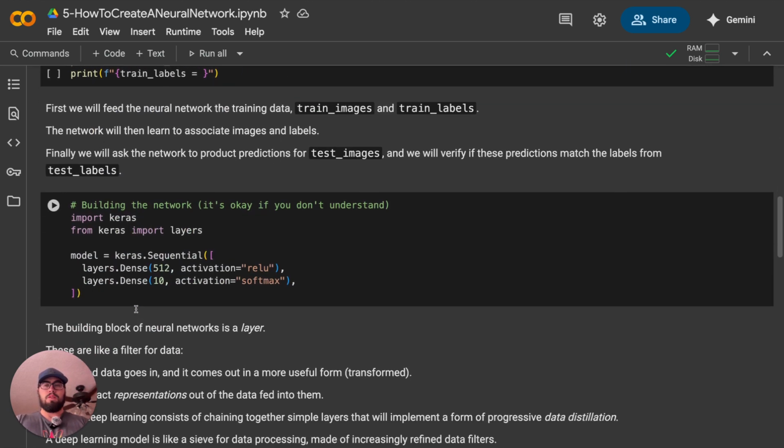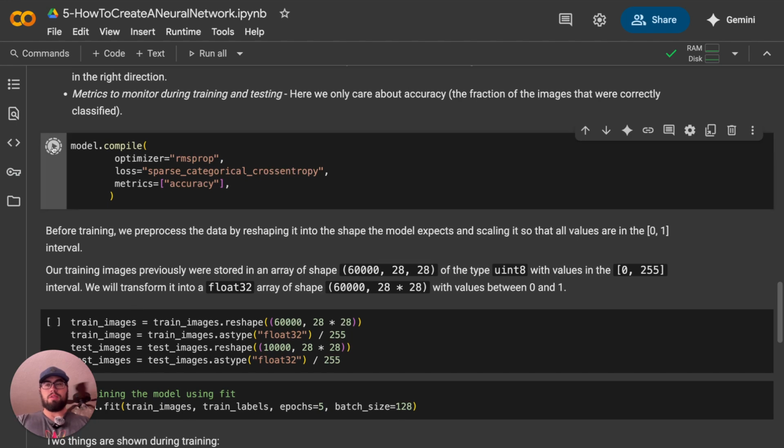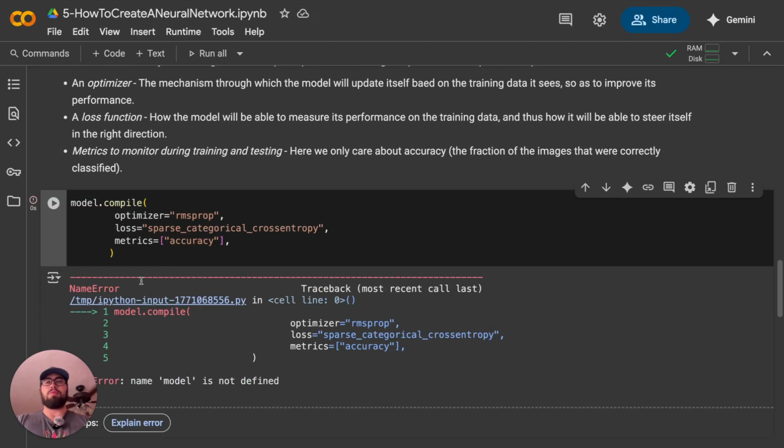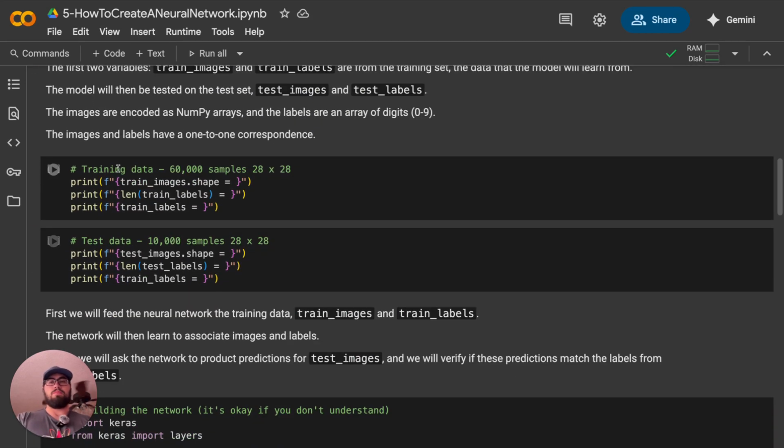So, hold on, let me really quickly just make sure that I get an error here. Okay, cool. I was just testing to make sure that I actually reset it properly. But anyways,